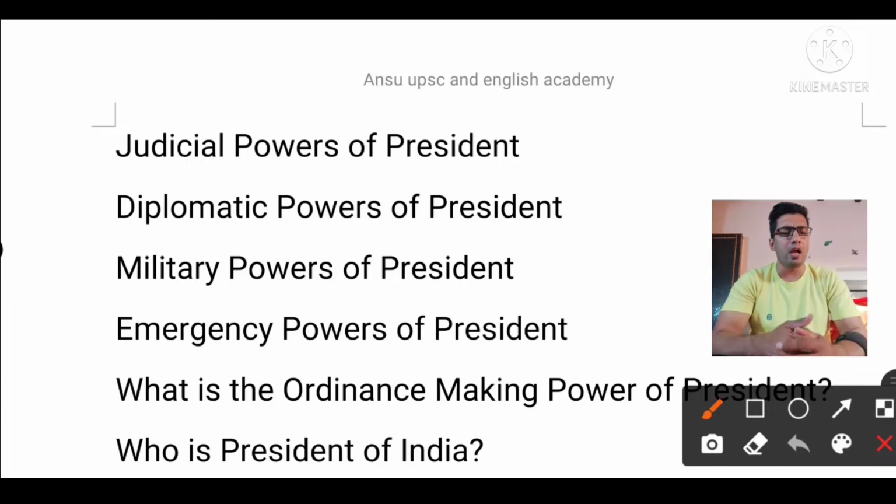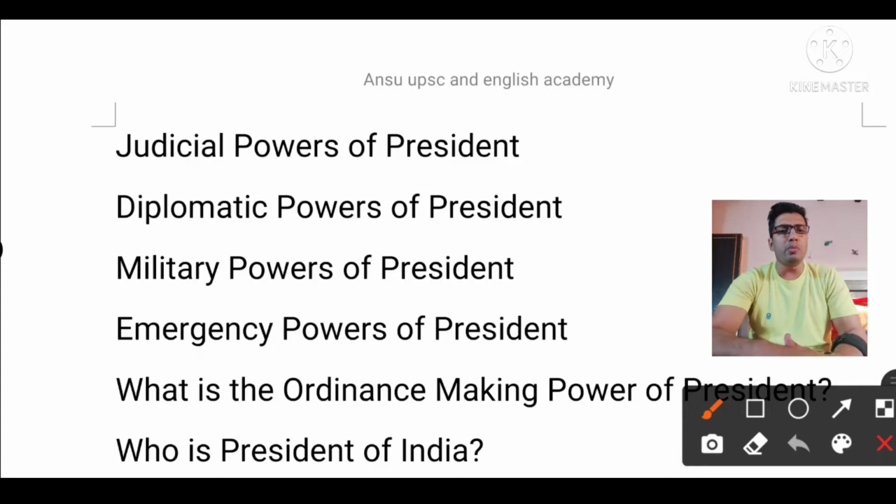But the appointment of the Chief Election Commissioner of India, or the Attorney General of India, or the governor, these are mere stamp work of the president, because all of it is done on the aid and advice of the Council of Ministers headed by the Prime Minister, that is Article 74, and here the president works as a mere rubber stamp.